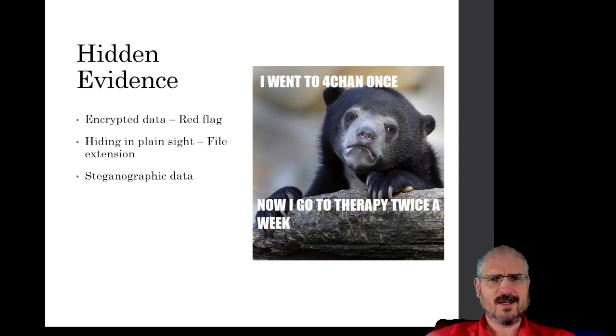My parents really don't like her music, and they'd get really mad at me if they found that on the drive. What I can do is hide it in plain sight by changing the file extension, right? So when I first downloaded it, it might be Taylor Swift.avi. And a .avi is a certain kind of movie file format, right? But what I can do is save it in an out-of-the-way folder and rename it from Taylor Swift.avi to